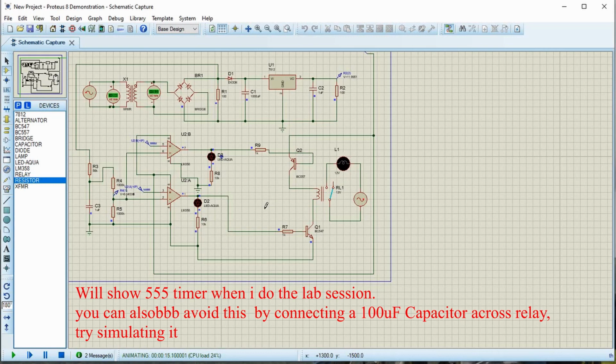You can see this practically in your cutoff systems in your house. Once the power comes, it will not turn on instantaneously. It will take about 5 seconds. So similarly, you will also have to put a 555 timer to get that delay.